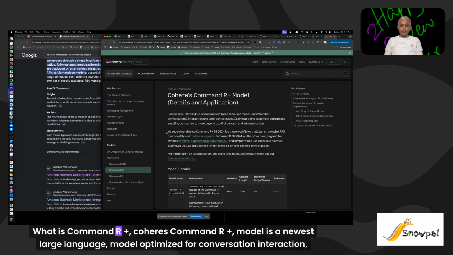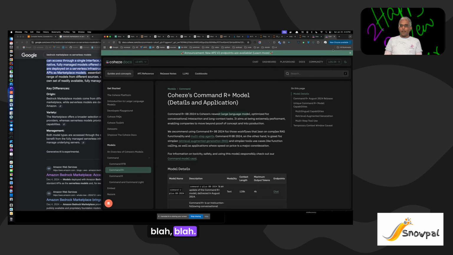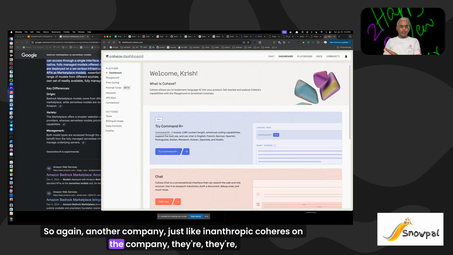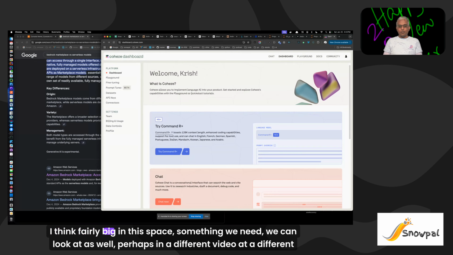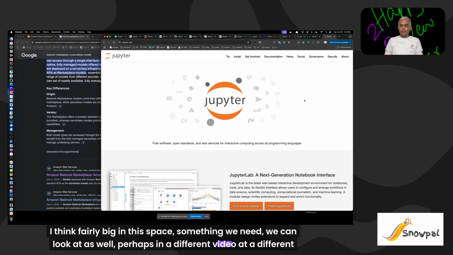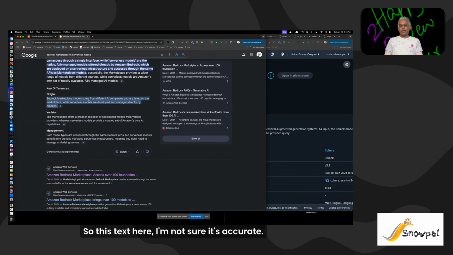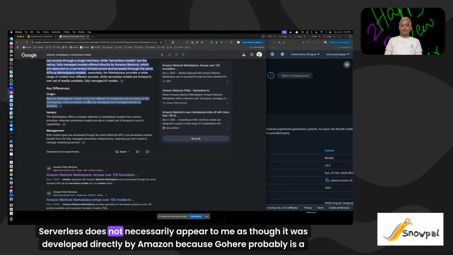What is Command R Plus? Cohere's Command R Plus model is the newest large language model optimized for conversational interaction, blah, blah, blah. So again, another company, just like Anthropic, Cohere is another company. They're, I think, fairly big in this space. Something we can look at as well, perhaps in a different video at a different time, right? So this text here, I'm not sure it's accurate. Serverless does not necessarily appear to me as though it was developed directly by Amazon, because Cohere probably